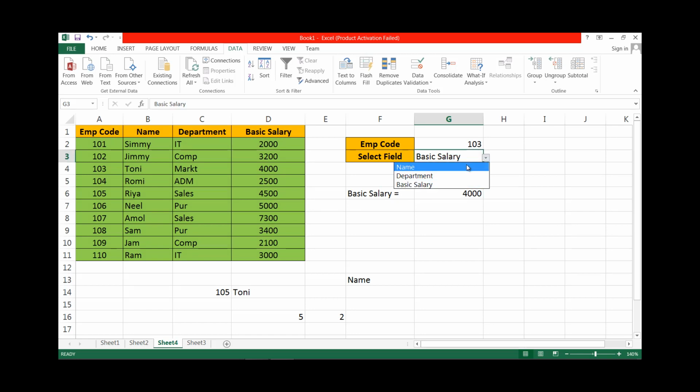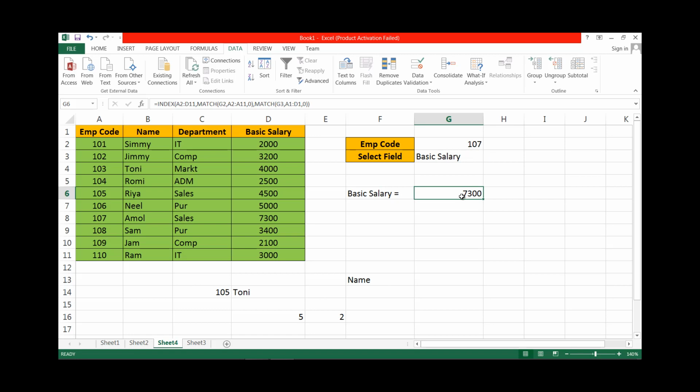If we want to search name equal to Tony, or department, suppose we want the department of 107. Here the department of 107 is sales. We want the salary of the employee having employee code 107. Then here you can select salary.